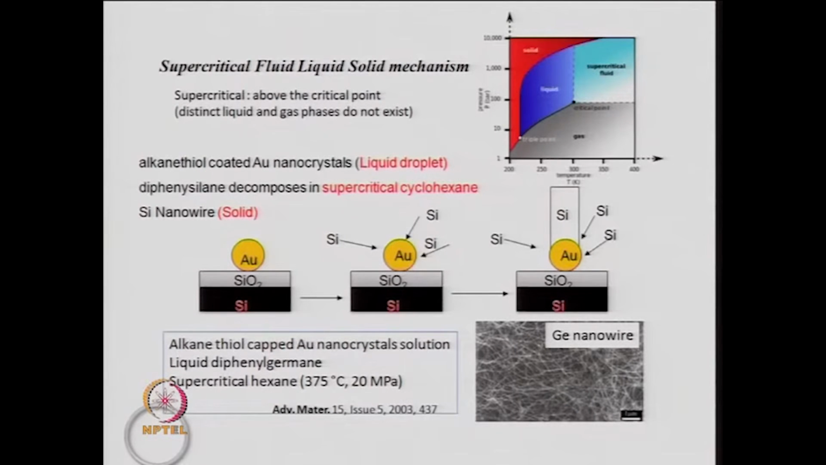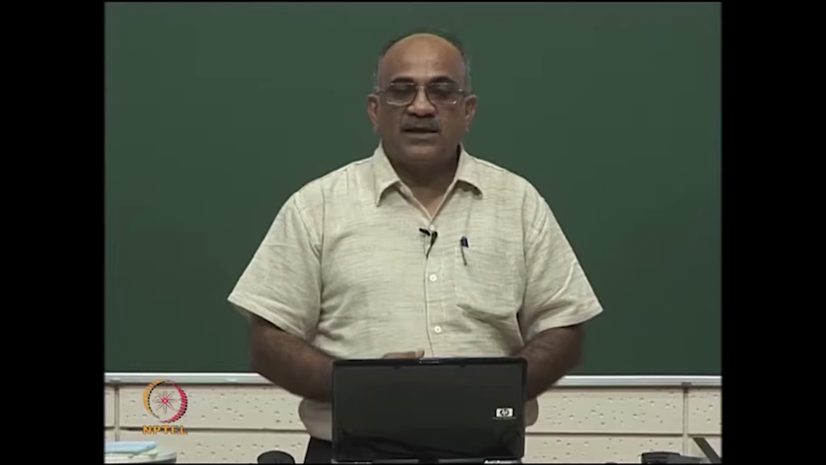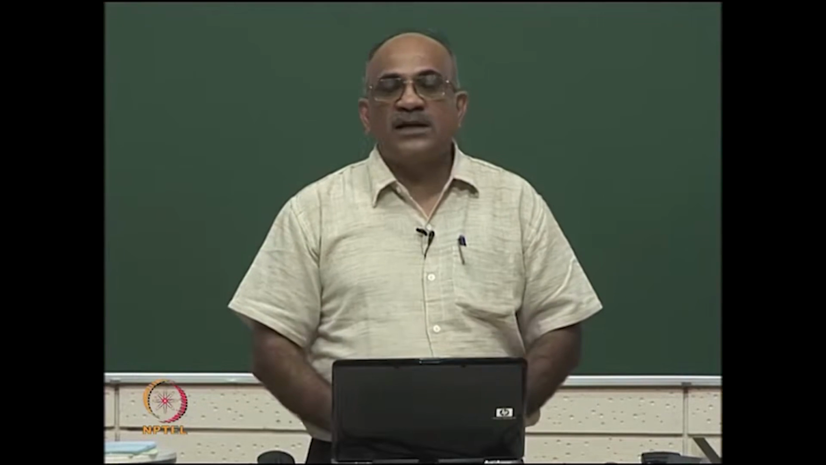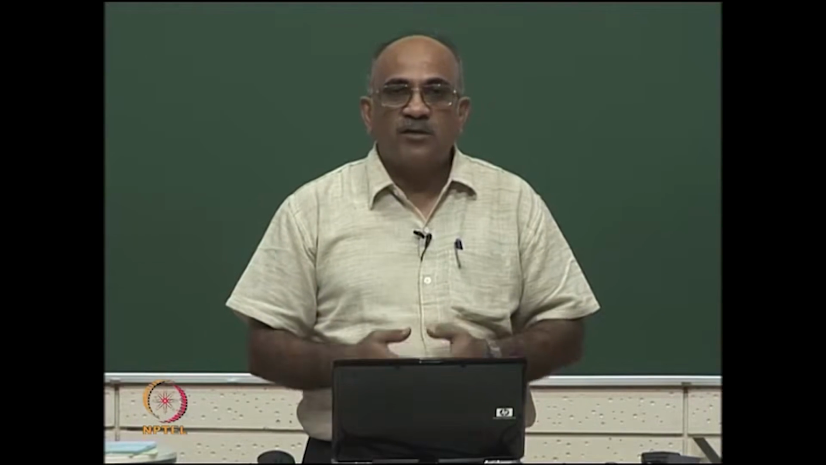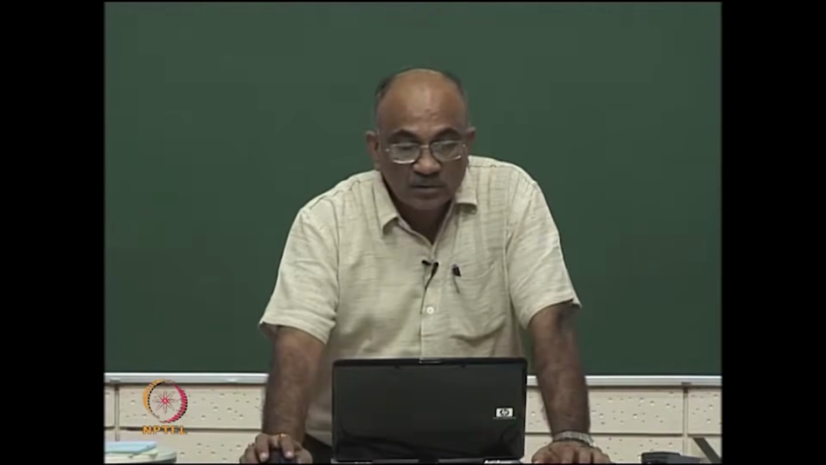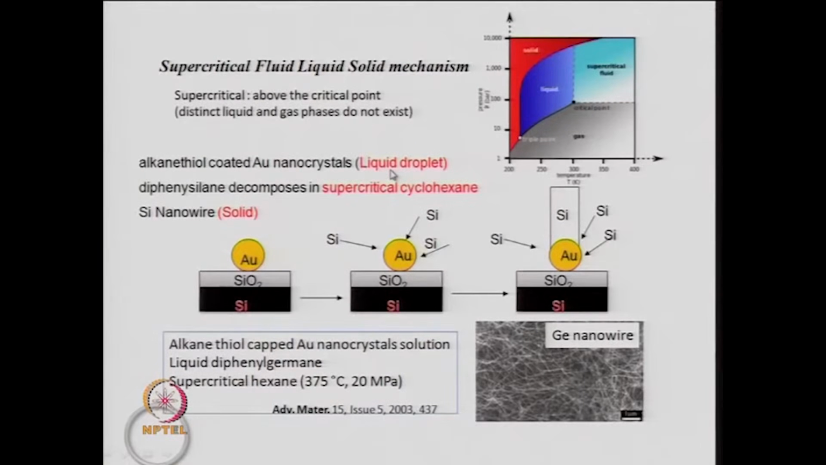So, basically in this particular experiment, you take gold nanocrystals to act as a catalyst, like in the earlier cases we have studied nanowire formation. You always used a metal catalyst, whether it is laser ablation or VLS method, etc. In this case also you have to have a metal catalyst on which the nanowire will grow. So, the particular example shown here has gold nanocrystals which forms a liquid droplet, and this